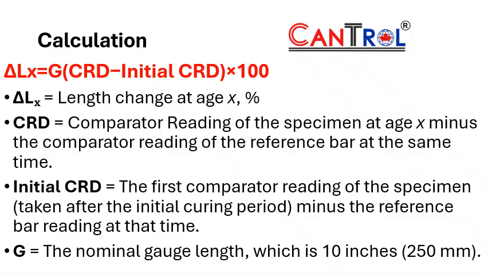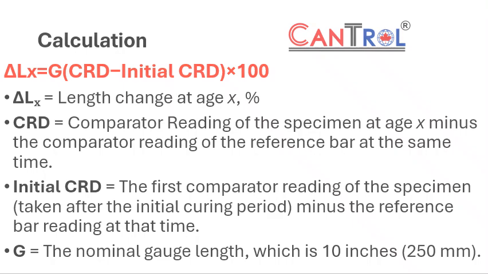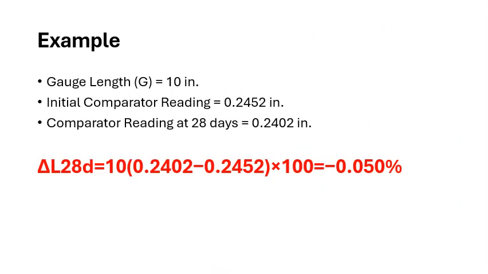The length change is calculated as a percentage of the effective gauge length. For example, if gauge length G equals 10 inches, initial comparator reading equals 0.2452 inch, comparator reading at 28 days equals